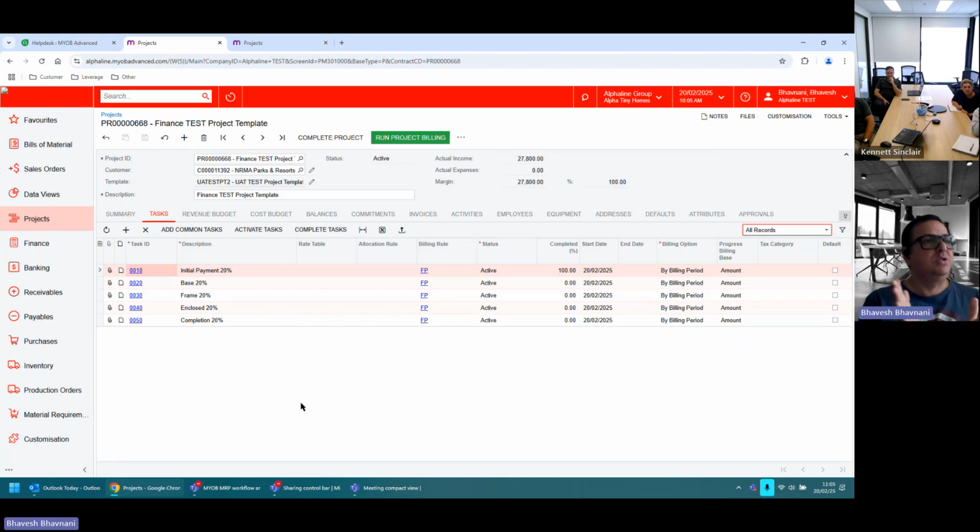Now, this is what I was told initially in the implementation, that we get an initial payment of 20%, and then we keep charging the customer 20% at specific breaks of our manufacturing cycle. So when we finish the base, frame, enclosed, and of course, the final one on completion, the initial payment is an advance of 20%. So what we've done is we've created 5 tasks, as you can see. All of them are fixed price. We get the 20%